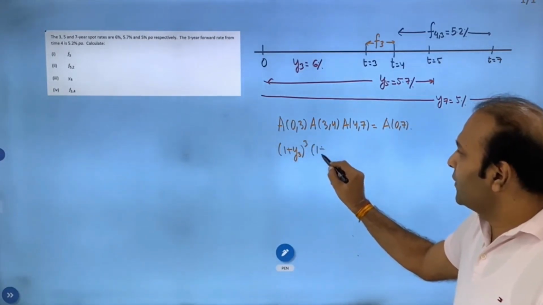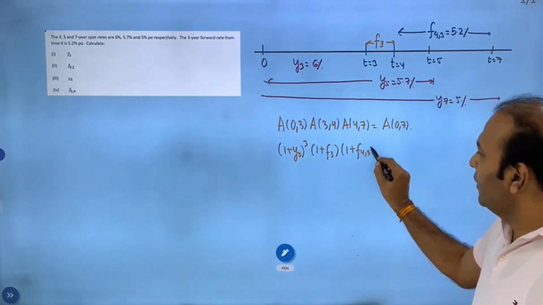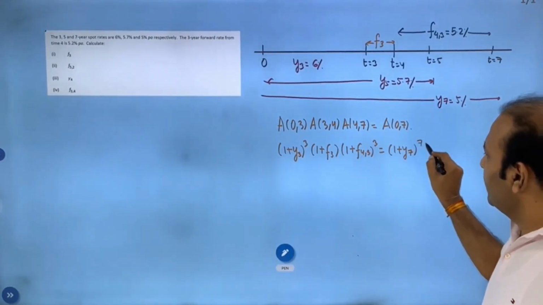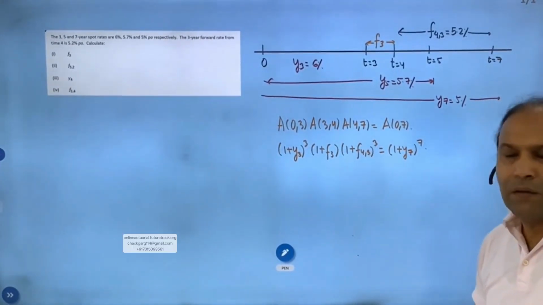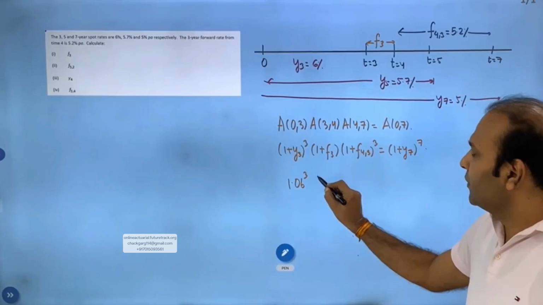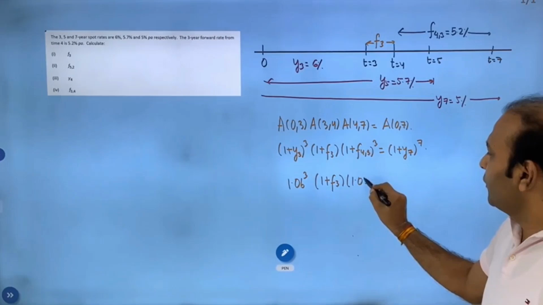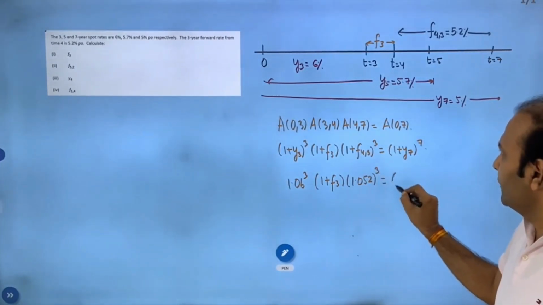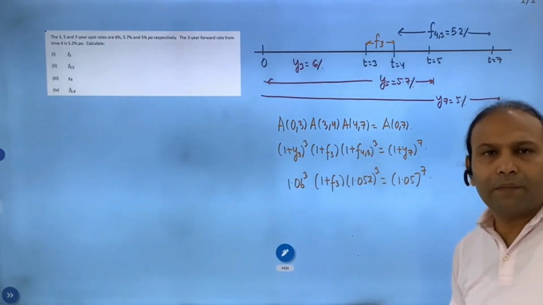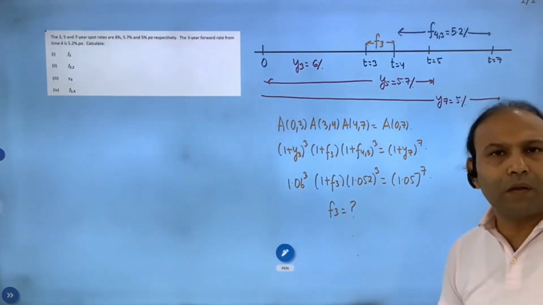तो क्लास, (1 plus y3) raised to power 3, (1 plus f3), plus (1 plus f4 comma 3) raised to power 3 is (1 plus y7) raised to power 7, राइट। f3 की वैल्यू निकालनी है क्लास, सब्स्टिट्यूट कर दीजिए, 1.06 raised to power 3, (1 plus f3), 1.052 raised to power 3, fine। क्लास solve for f3, pause the video and solve the answer।